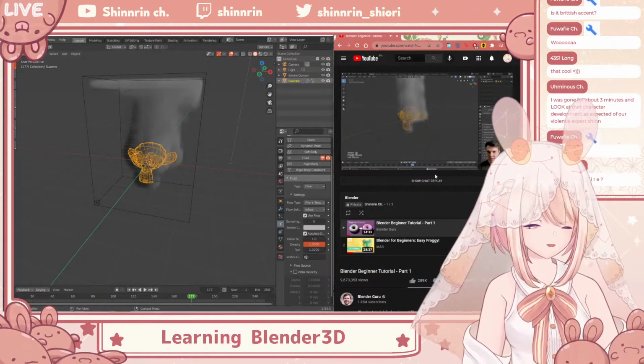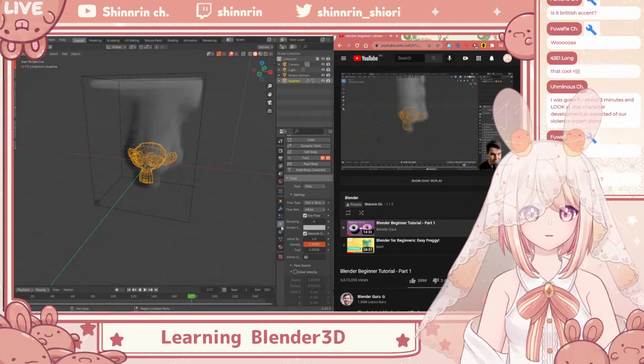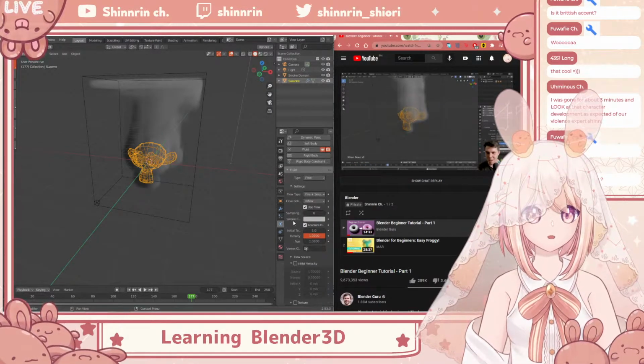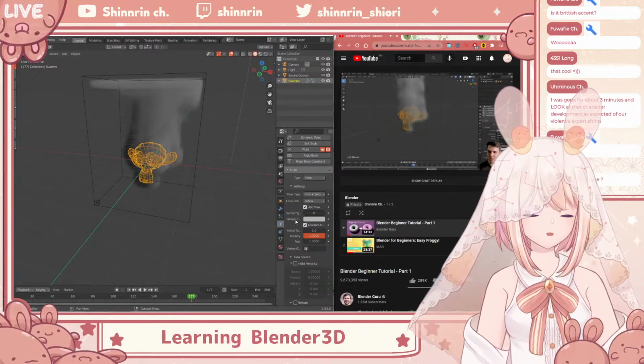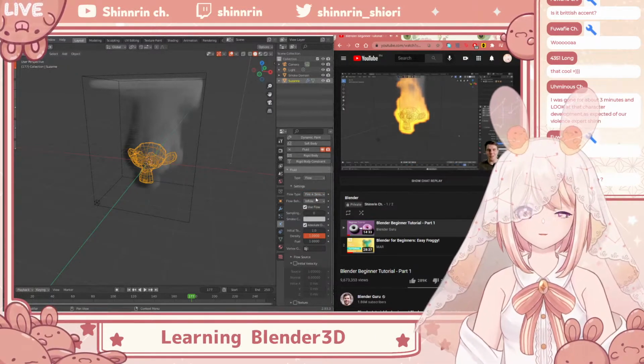Now I promised you fire though, so if you select the monkey and then click the simulator button, in here where it says smoke, if you change that to fire and smoke, then there you go. You have set